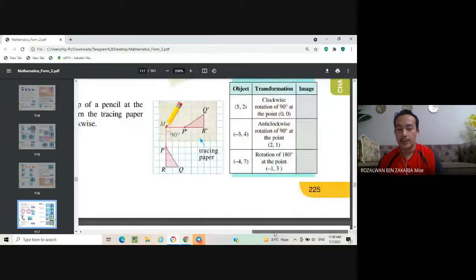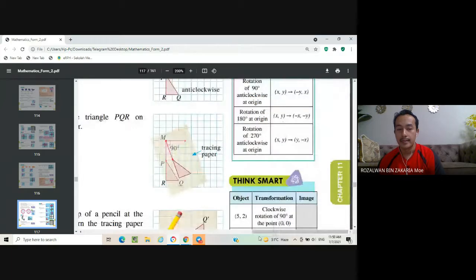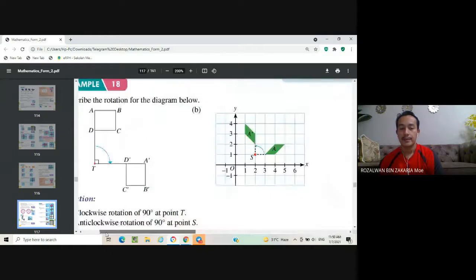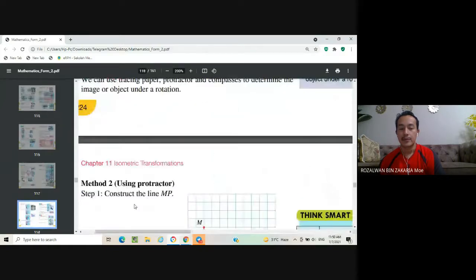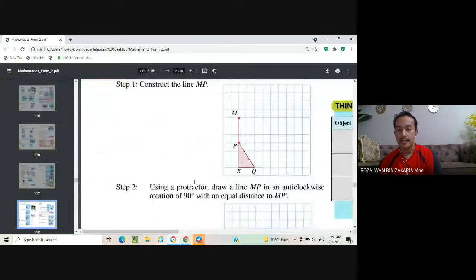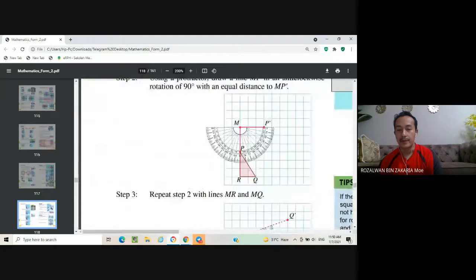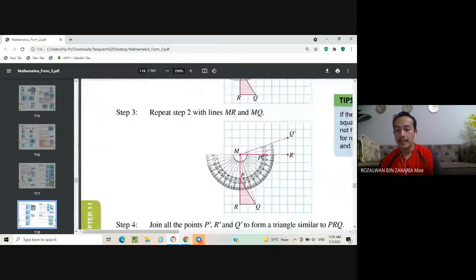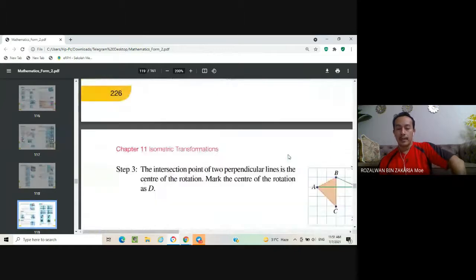Okay, now we go to the next example. This one, the method 2, what I told you before. You have to use a protractor here, measure the angle 90 degree to locate point P prime there. Okay, then after that, find Q prime and R prime. Okay, all right. So next we go to